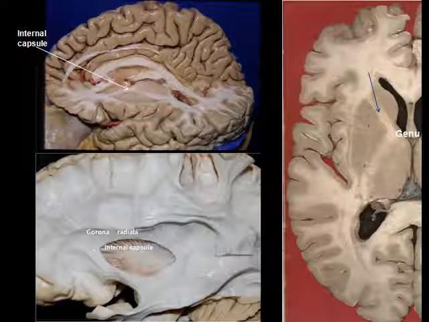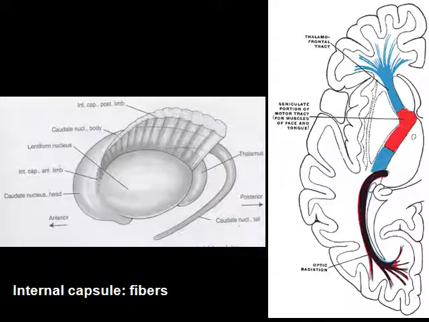The portion in front of the genu is termed the frontal part and separates the lentiform from the caudate nucleus. The portion behind the genu is the occipital part and separates the lentiform nucleus from the thalamus. The front part of the internal capsule contains: 1. Fibers running from the thalamus to the frontal lobe, 2. Fibers connected to lentiform and caudate nuclei, 3. Fibers connecting the cortex with the corpus striatum, and